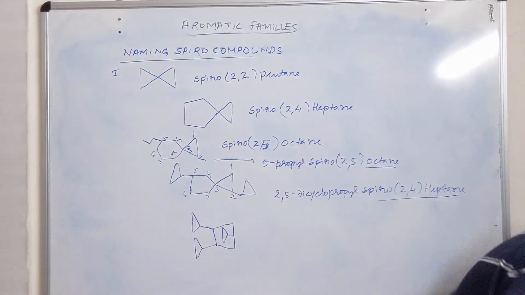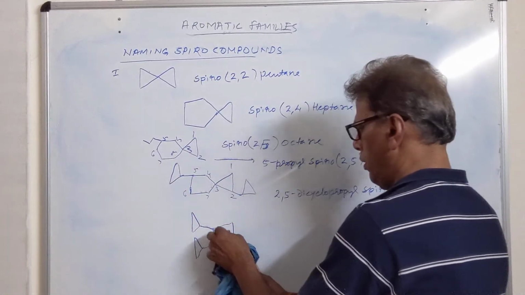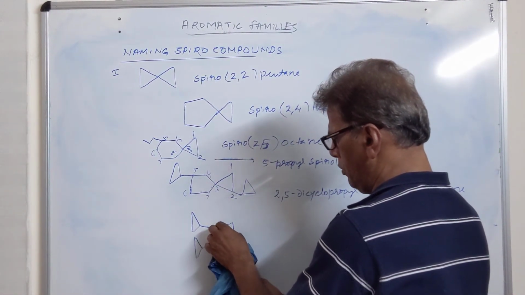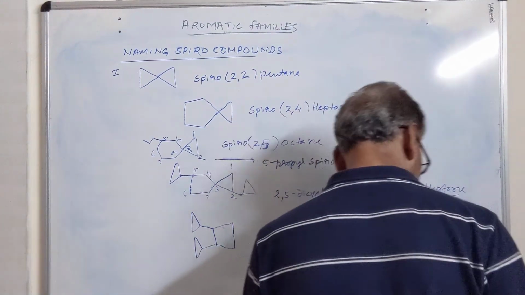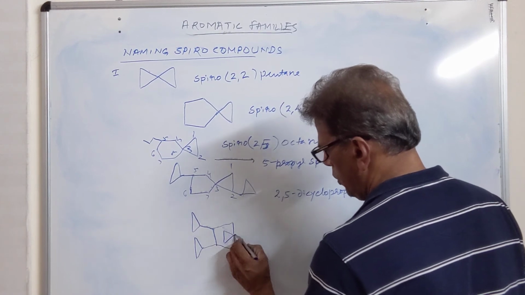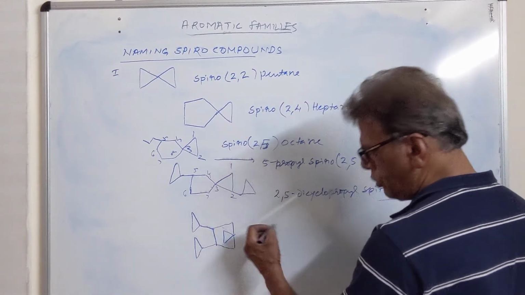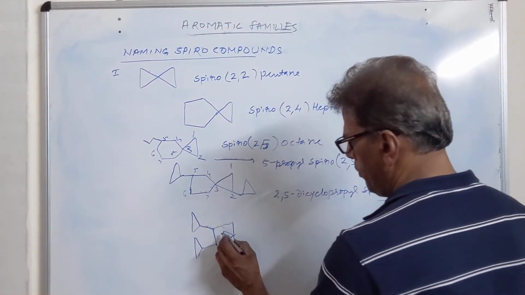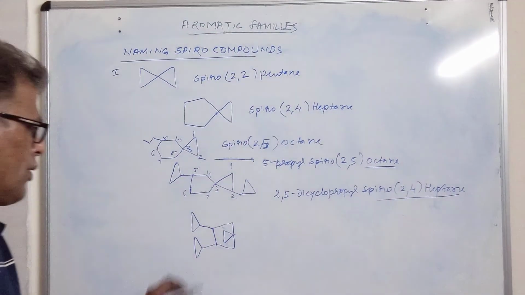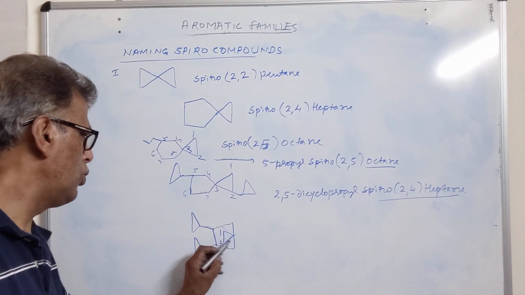This compound is like this. If it would have been like this, it is not a Spiro compound. Now we are making it a Spiro compound by doing so. This can be like this, can be outside this figure. So numbering should be done first of all on the small cycle. It is 1, 2, then we